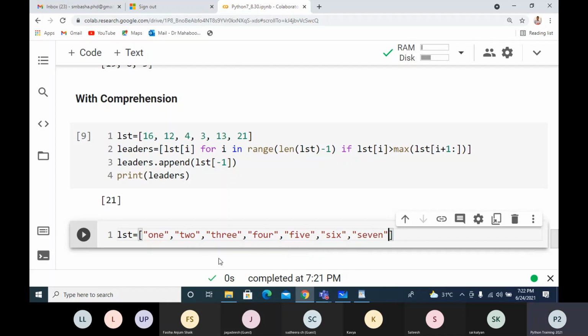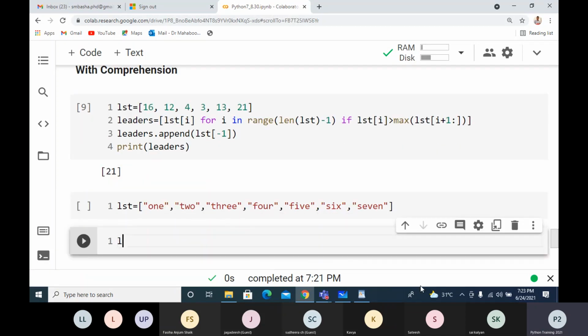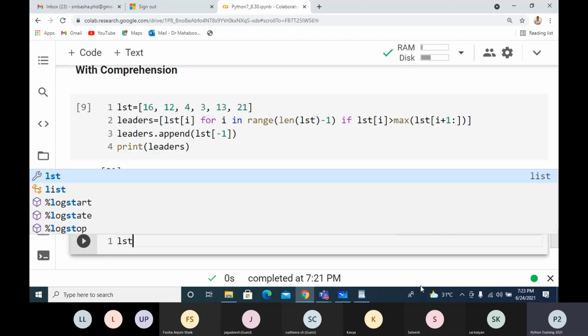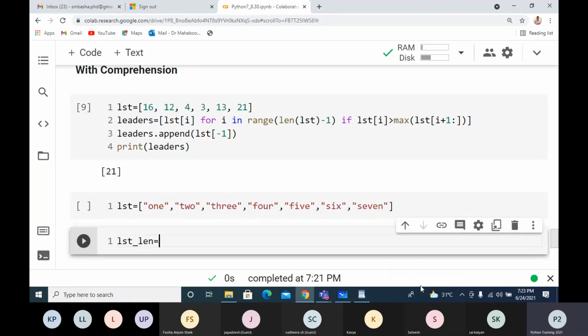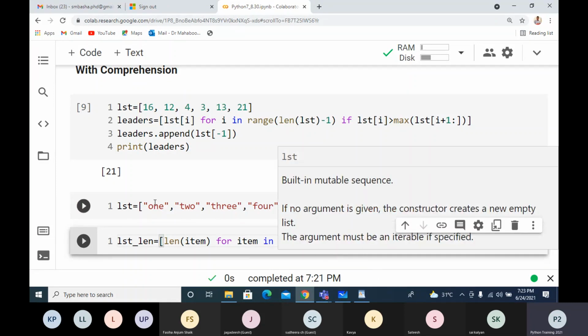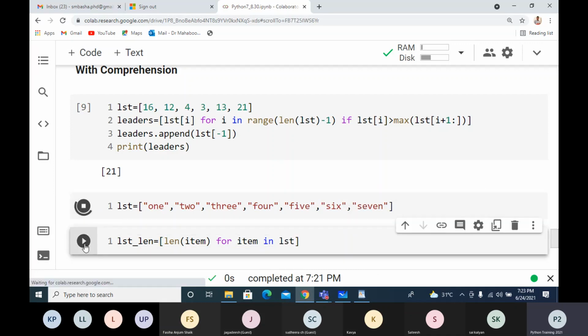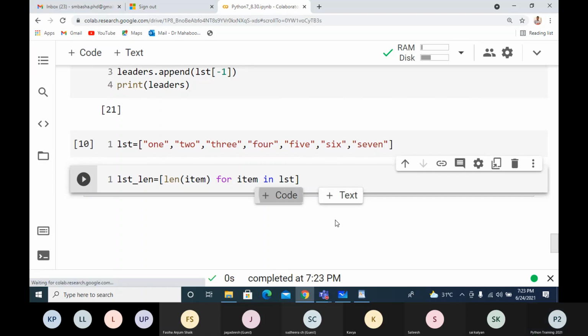Now I want to find the length of each string into a separate list. So I'll say LST_len, and create a list here using comprehension: len(item) for item in LST. So this is the simple logic. This will give me the lengths of all the strings.